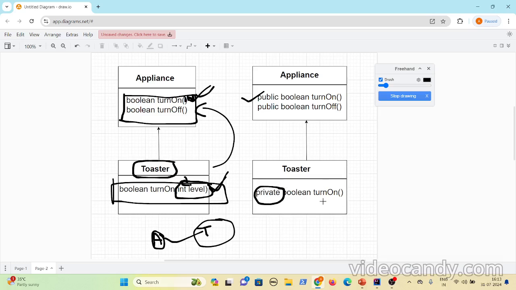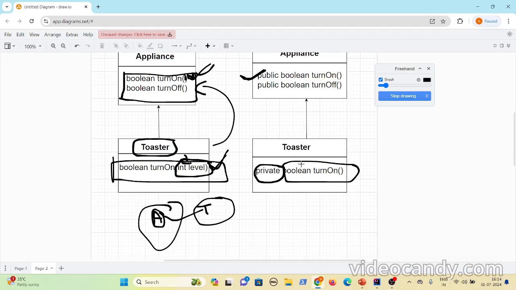You might assume that, okay, I have written a turn on method in the toaster and provided my specific implementation, so when I assign an appliance reference variable to my toaster object, this should get invoked. Definitely it will not get invoked, because the method implementations that you write in the subclasses should not have more restrictive access than the superclass. Here public is accessible to everyone, whereas private is accessible only to the members present in that class, right? Now you are telling the outside reference variable to access your private method. That can't happen.